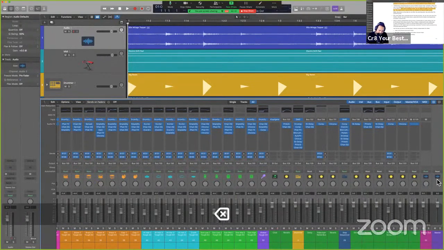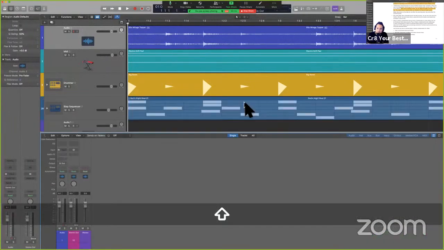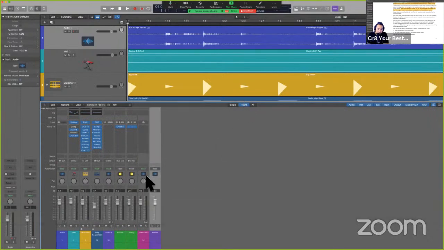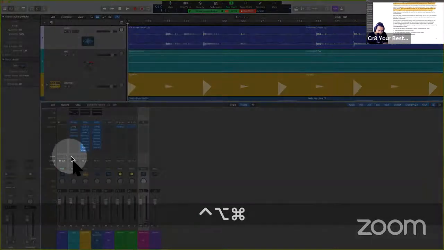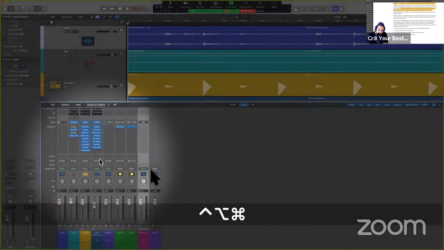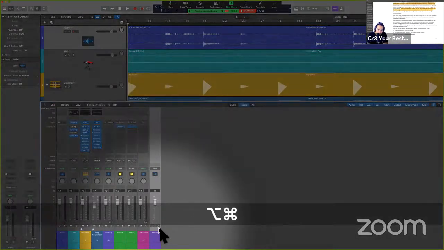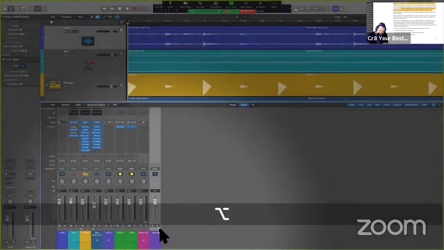Why is there two? Not sure. If I go to the tracks mixer, which is here in the middle, you'll see the master. You'll see stereo out. The stereo out is the most important track, if you will. This is where all of the tracks are being routed to, right? Output, output, output. And so then the master track has a dim level, and that response can be determined inside